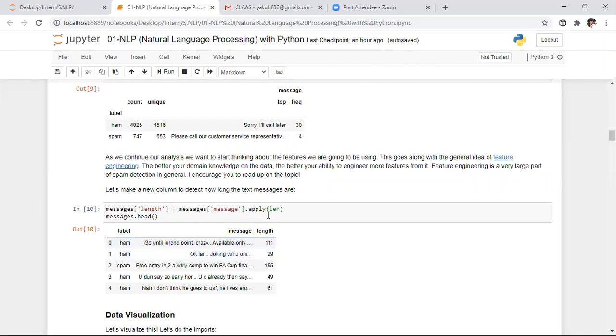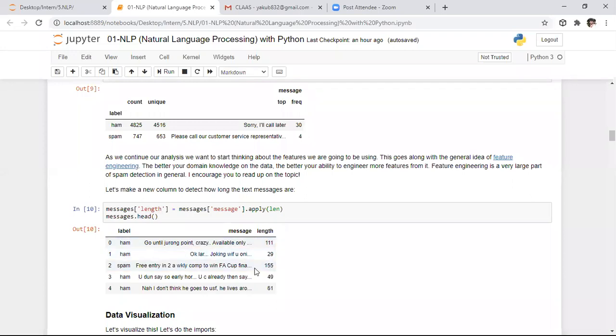For that purpose, we take the message column and apply the length function on it. That means we are calculating the length of each and every message, and with that we are creating a new column.